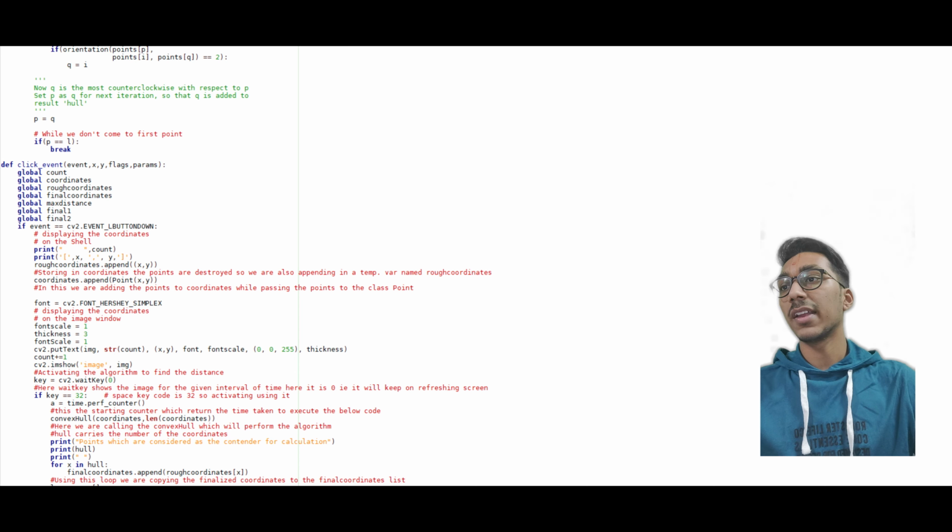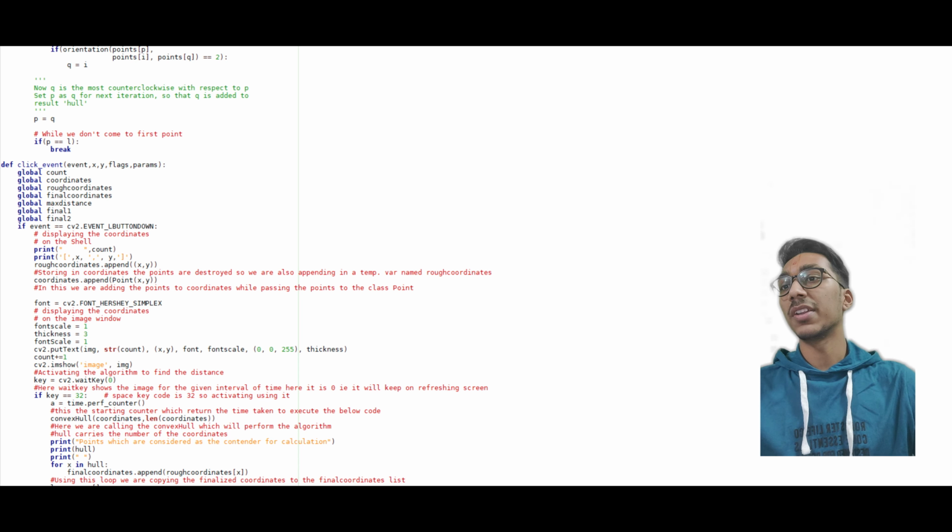Now a = time.perf_counter(), this is a starting counter which will return the time of executing the below code. Convex hull of coordinates, length of coordinates. Here we are calling the convex hull which will perform the algorithm of finding the particular points which are at the boundary.